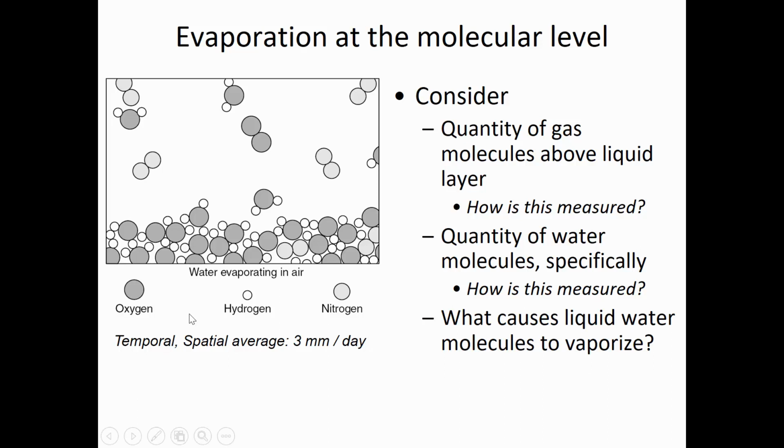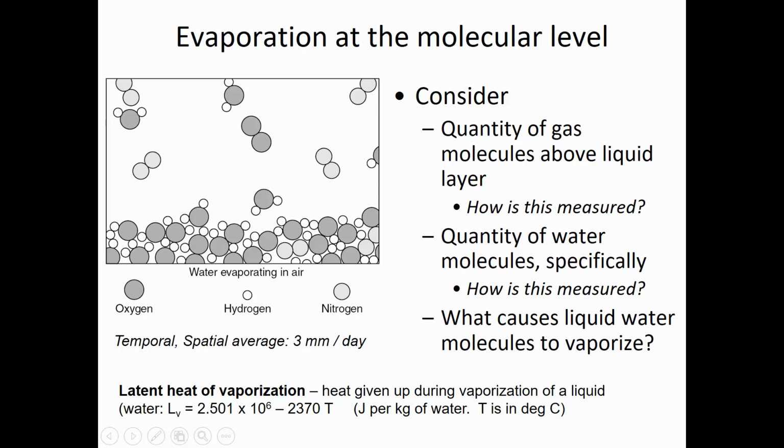Now, on average across the entire Earth's surface, the rate of liquid evaporation is 3 millimeters per day. And the evaporation is much lower at the poles than at the equator because there's less energy there. And there are places where there's essentially no evaporation, like in deserts, where there isn't any liquid at the surface and the top layer of soil is fully dried out from the heat of the sun. So this temporal average can give you maybe the wrong idea. There are places where the evaporation is probably triple or maybe even 4 times this high,